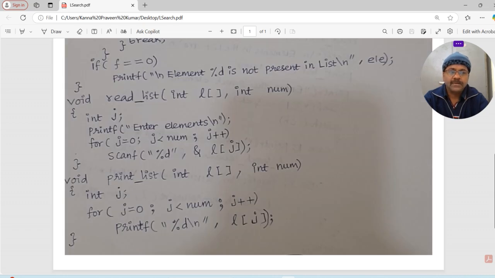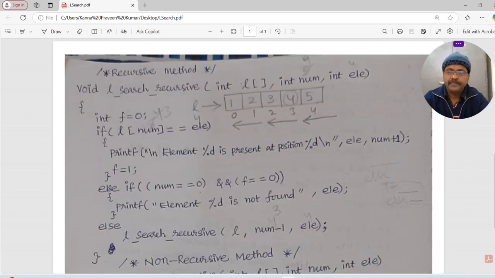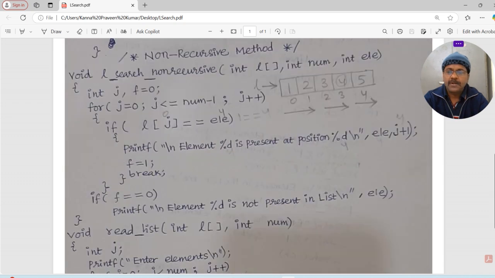Non-recursive function: L array, number of elements, key element. In this non-recursion we traverse from left to right, J loop. J less than or equal to num minus 1, 0 to my elements total 5, 5 minus 1, 4,